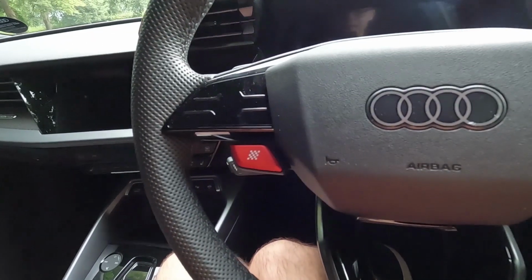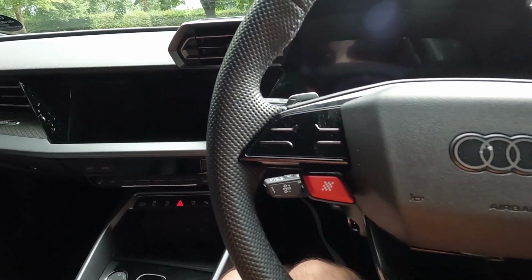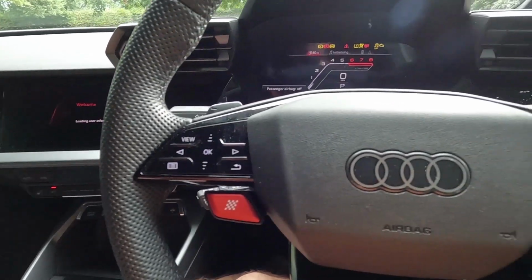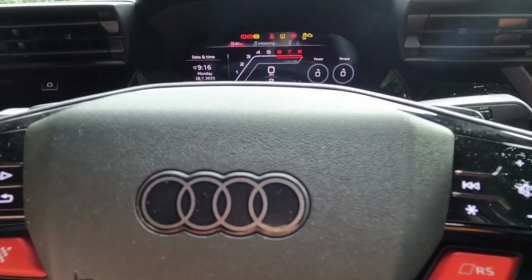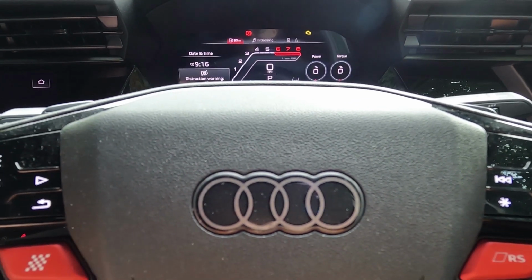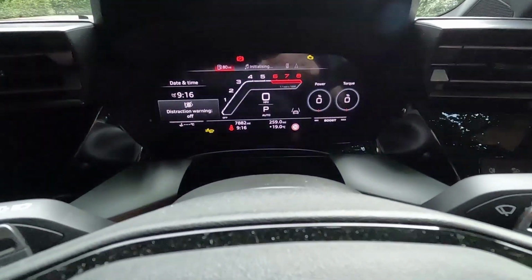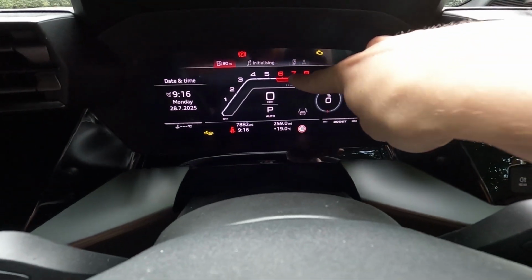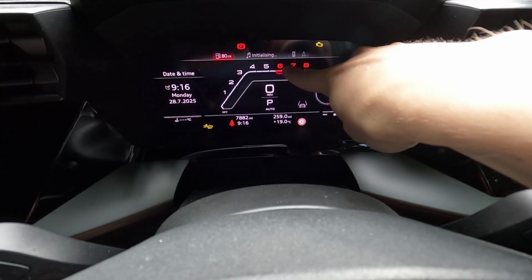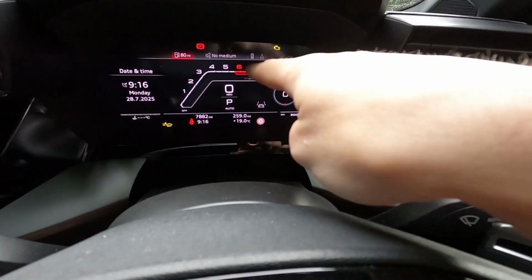So as you can see, I'm in the RS3, and if I pop the start button on, because I haven't really shown you too much of the infotainment on any other video, I figured that would be quite useful for you to see. One thing that's quite useful, which I don't know if you are aware: can you see how the red line on that is now at 5,500? When the car is cold, and bear in mind we're at 19 degrees today, and I haven't driven too far to get here,